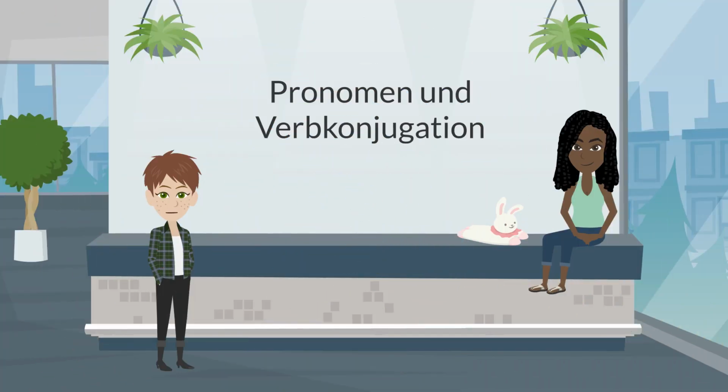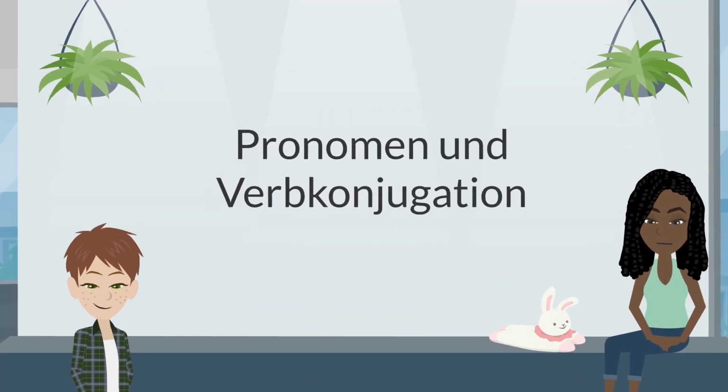Let's first take a look at the pronouns you just heard. And I will then show you how to use verbs in combination with these pronouns. First, you see the pronouns for talking about one person or thing: I, you, he, it, and she. Then you see the pronouns for talking about multiple people: we, you all, and they. And you already know about the formal you, Sie with a capital S, which behaves like the plural they, the sie with a lowercase s.